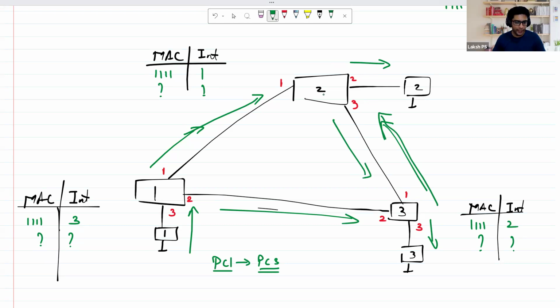स्विच नंबर 2 पे हिट करता है। स्विच नंबर 2 देखता है कि भाई मेरे पास सेम कॉपी आई है, बट अब दूसरे इंटरफेस पे हिट हुआ है, मतलब ये अपडेट जो मेरा पुराना हो चुका है, तो 1111 को अब उसने अपडेट किया 3 पे। ठीक है, ये डेटा आया स्विच नंबर 3 पे। और अब देखो स्विच नंबर 2 को फिर से डेस्टिनेशन मैक नहीं पता, तो वो फिर से ब्रॉडकास्ट करे, उसको उसने यहाँ पे वापस ब्रॉडकास्ट किया। जैसे ही ब्रॉडकास्ट किया तो स्विच नंबर का पुराना एंट्री जो है ये यहाँ से डिलीट हो जाएगा, और वो अब दिखाएगा इंटरफेस नंबर 1।